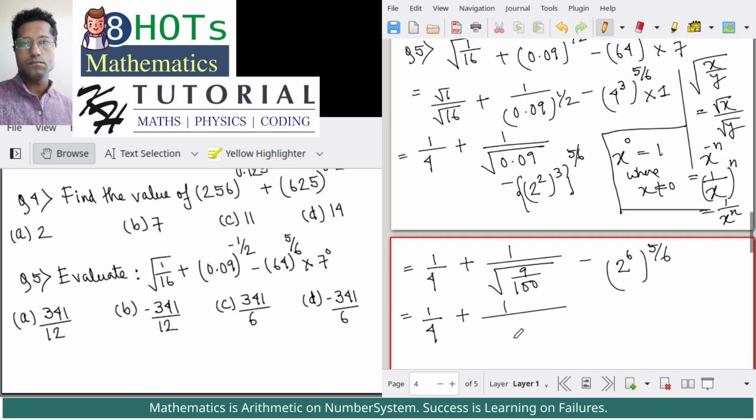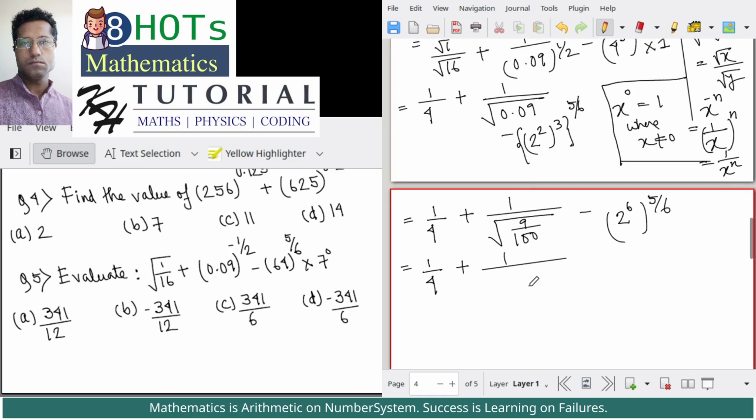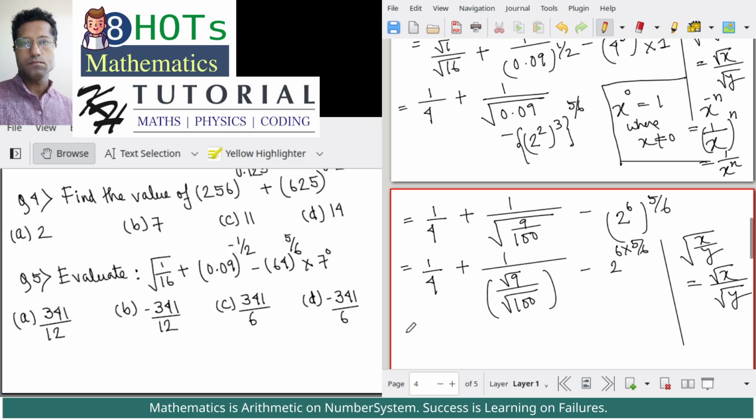by 100. 9 by 100 is a rational number where both the numerator and the denominator, that is 9 and 100, are perfect squares. Okay, so I will write the square root of 9 by 100 as square root of 9 divided by square root of 100. That is applying the concept that the square root of x by y is equal to square root of x divided by square root of y, and we have minus 2 to the power 6 multiplied by 5 by 6. So this is equal to 1 by 4 plus